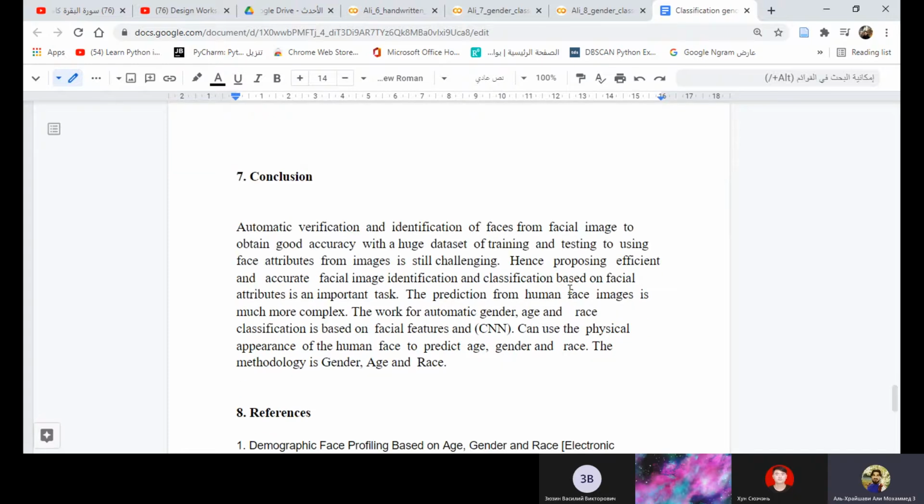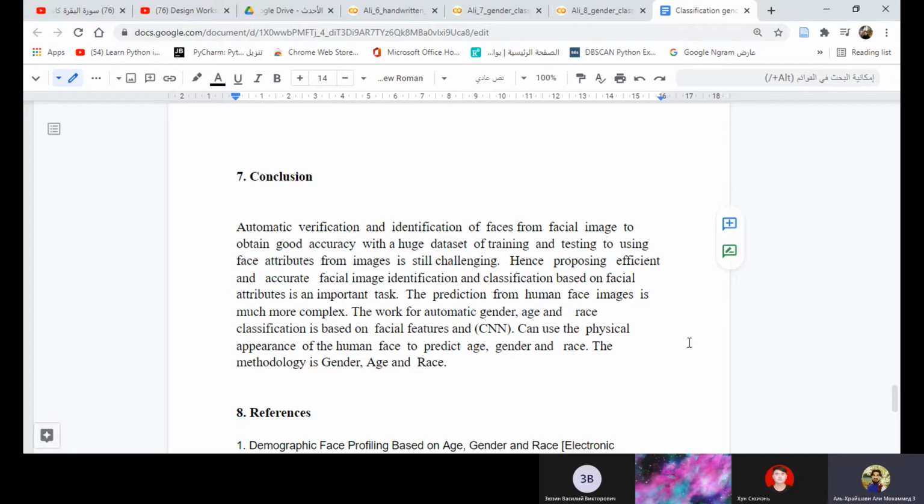Conclusion. Automated verification and identification of faces from facial images with good accuracy, with a high dataset of training and testing, using face attributes from images is still challenging.